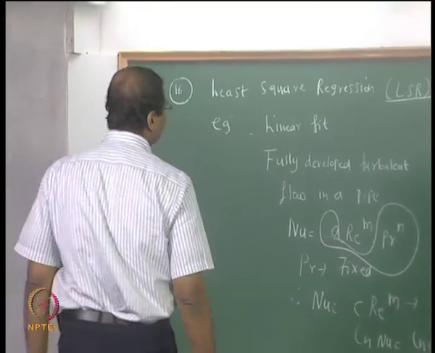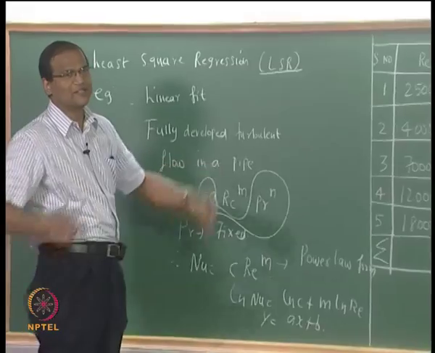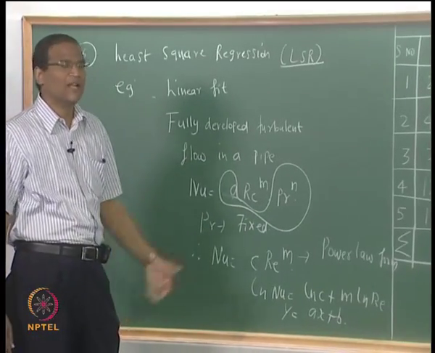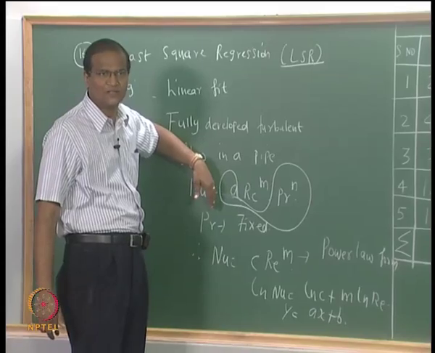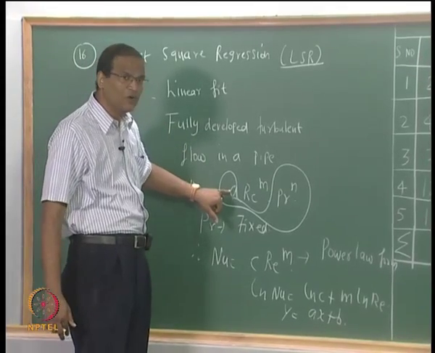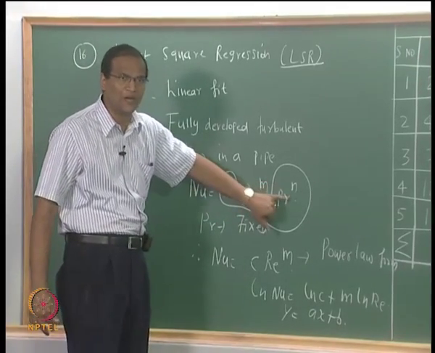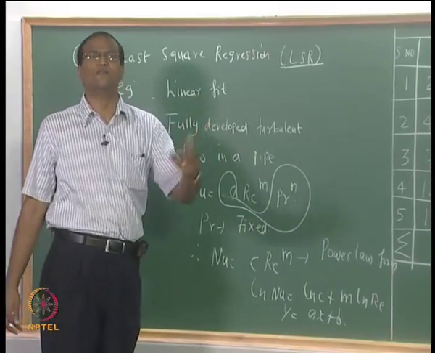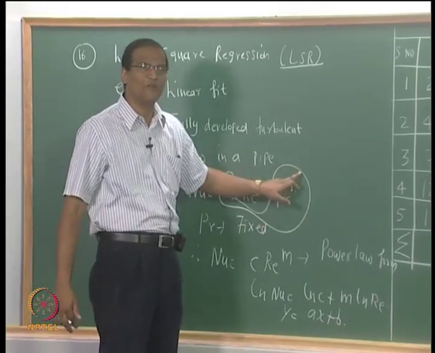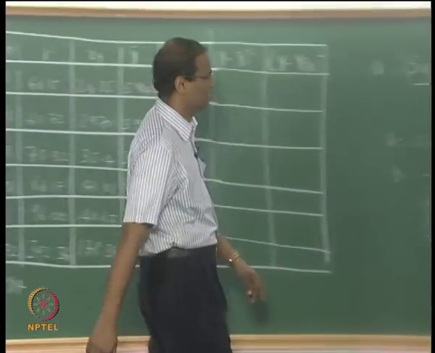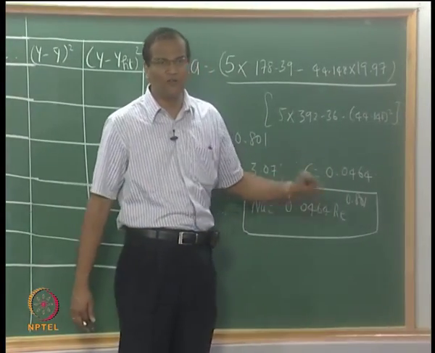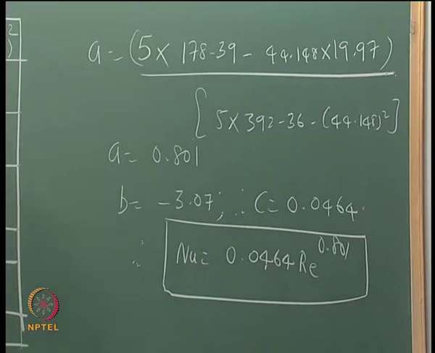So what I have essentially done is I have conducted some hypothetical experiments. I started out with the relation which I am already aware of, namely the Dittus-Boelter equation. Okay, so it is 0.023 Reynolds number to the power of 0.8 into Prandtl number to the power of 0.4. I assume that the fluid is water. So 6 to the power of 0.4 is 2. 0.023 gets multiplied by 2. I am getting 0.4604. So I start with 0.4604 Reynolds number to the power of 0.8, and I will just